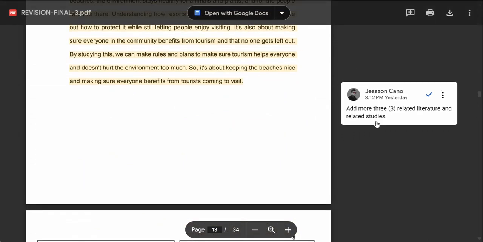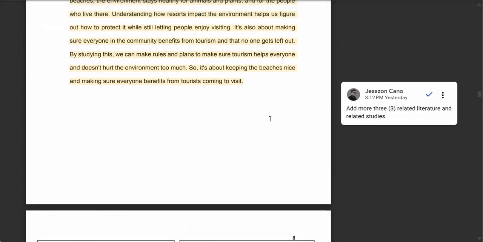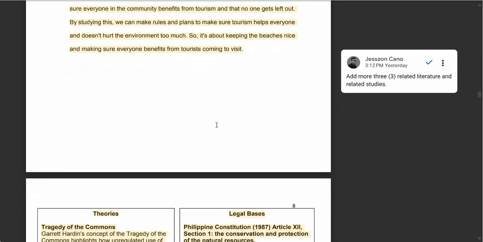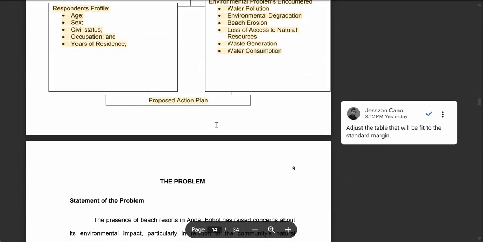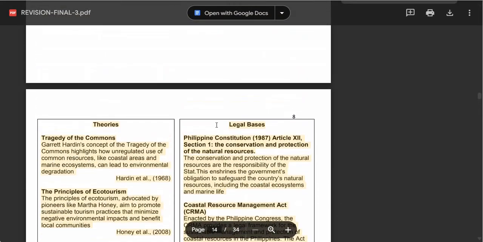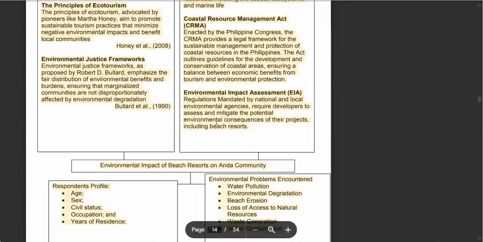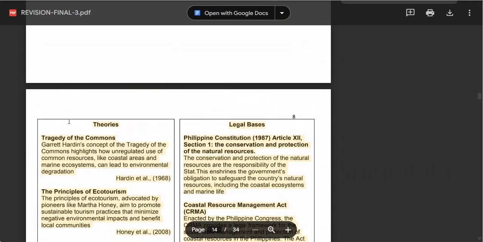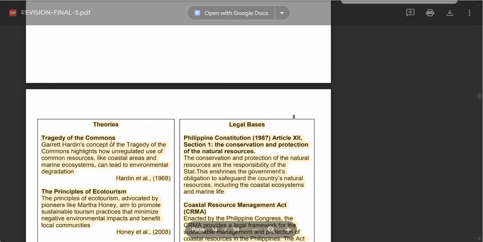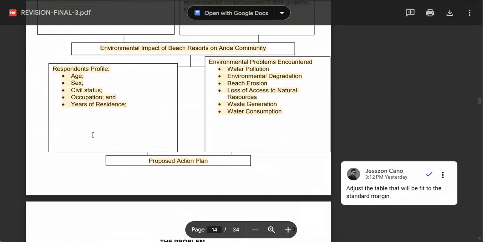I also highlighted this one because they are lacking in related literature and related studies. So you need to add more. I suggest that you add three more related literature and three related studies. And also, this is a common mistake that I observed in your theoretical and conceptual framework. You need to fit the illustration for this graph